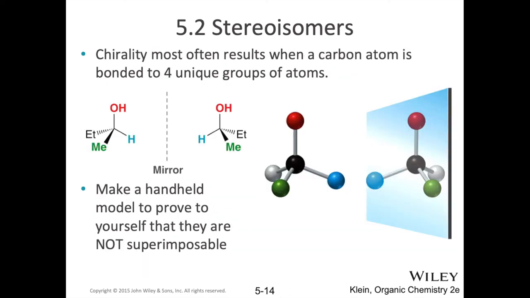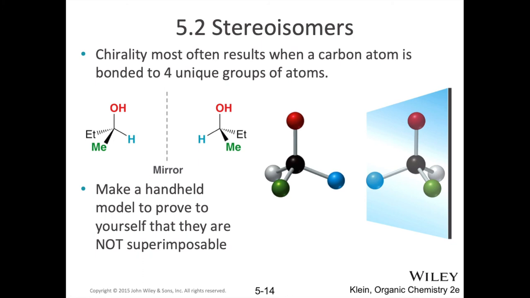All right, so here's an example of two chiral molecules. So this is what we mean by chirality and non-superimposable mirror images. These two molecules are mirror images. We have a mirror plane here, illustrated with this picture over here, and you can see that these two molecules are mirror images. However, if you build these two molecules the way they are drawn here as mirror images, and try to superimpose them, try to put this carbon next to this carbon here and rotate this molecule so that it sits on top of the other,